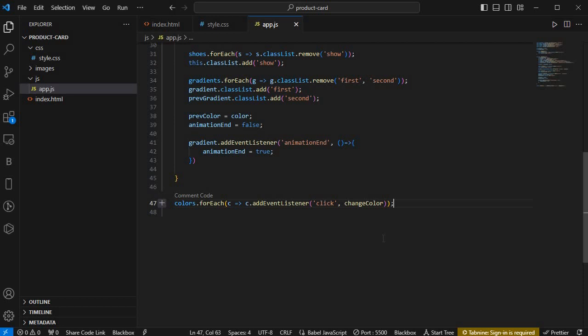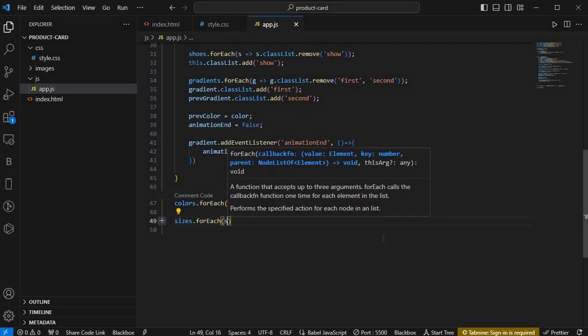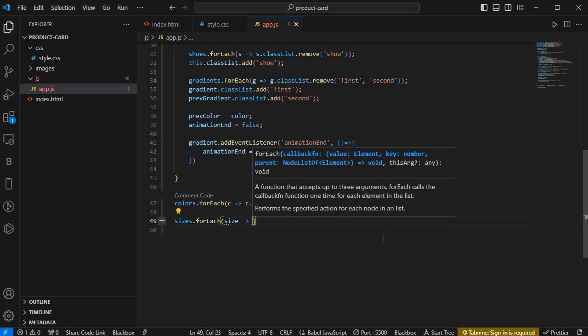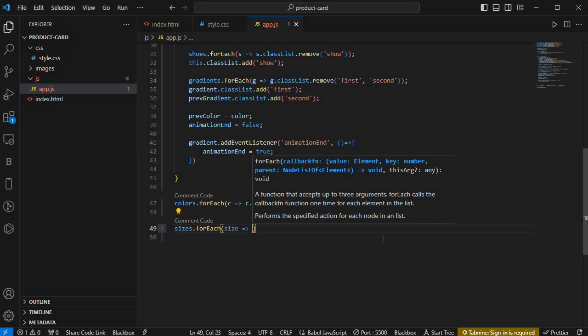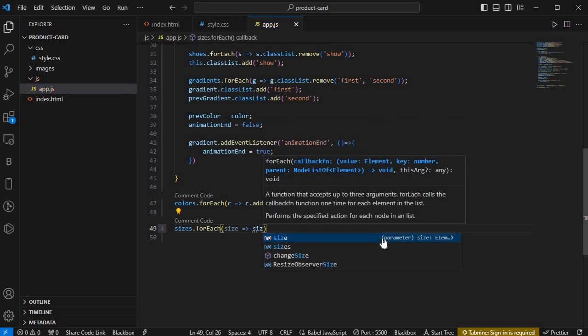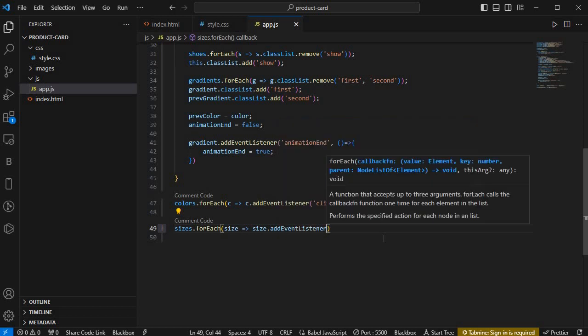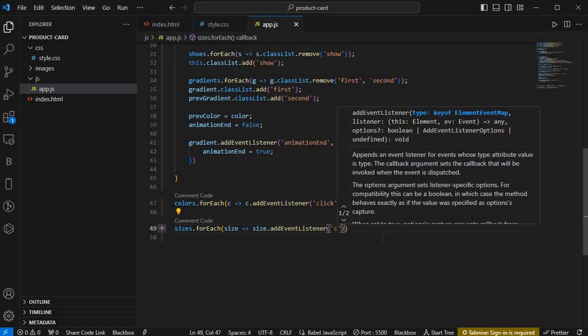Then also we'll be having for the size also, sizes dot for each size dot add event listener. When you click on it,